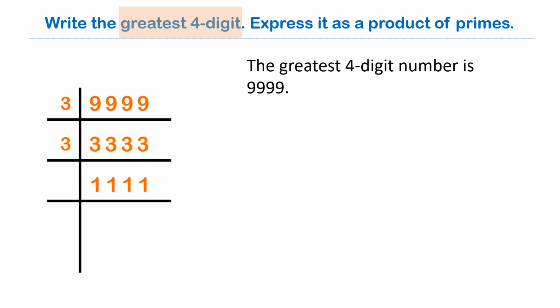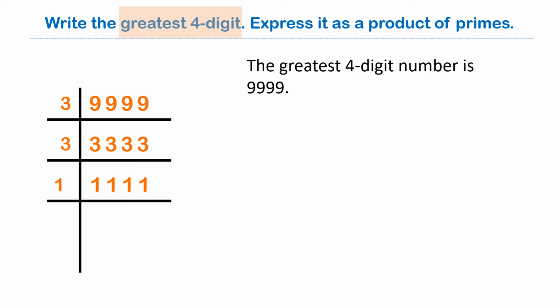So we take the next prime number 11 and do the divisibility test. So first we take the sum of all the digits at odd places, which is 1 plus 1 equals 2. Now we take the sum of all the digits at even places, which is also 1 plus 1 is equal to 2. Now take the difference of the sums at odd places and at even places, which is 2 minus 2 is equal to 0. So 1111 is divisible by 11.